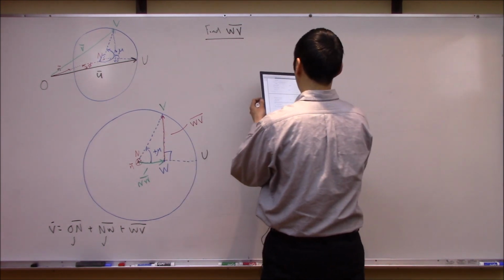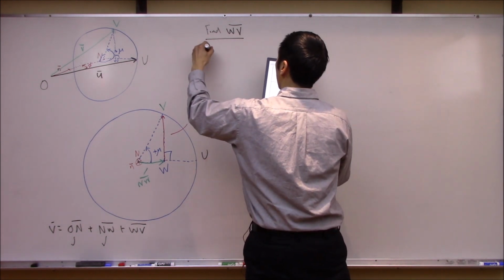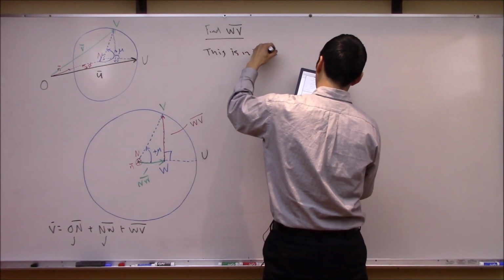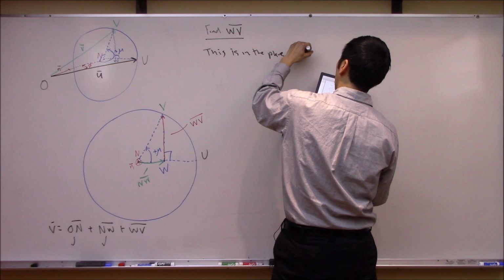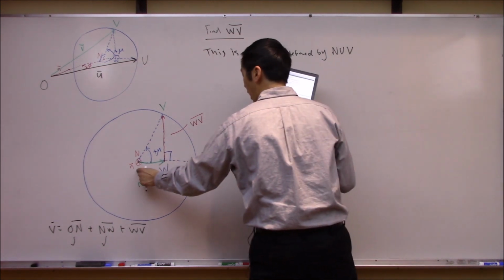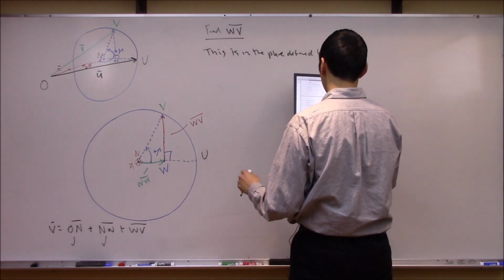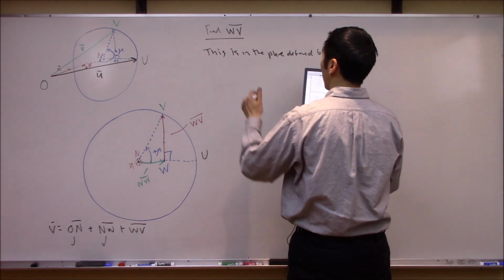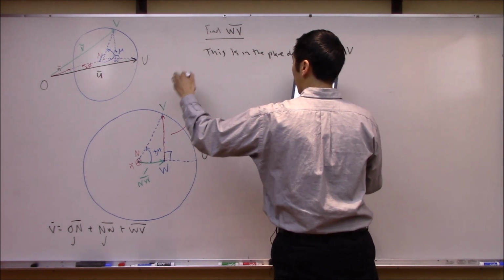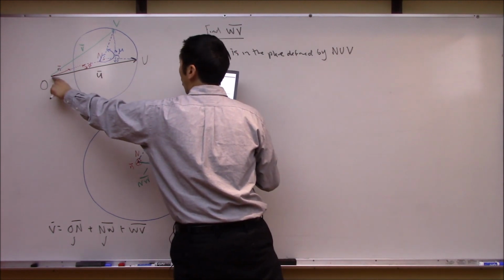So, all right. Let's write that down here. So this vector that we're looking for, this WV, is in the plane defined by NUV, right? So here's NUV, that defines the plane of this board, and this is where that vector lives. And actually, we can also note here that this plane that we just defined is perpendicular to this other plane of ONU